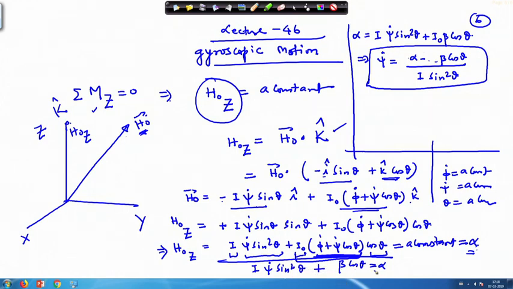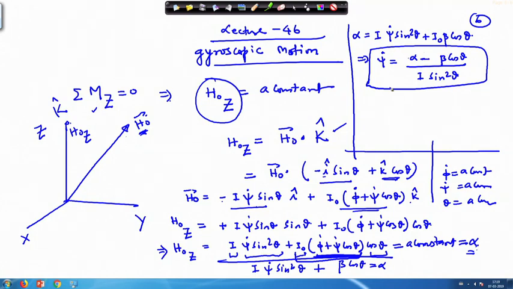Okay. So, thereby we do a little simplification here, otherwise even if you put beta equal to just phi dot plus psi dot cos theta, it does not matter, ultimately your result will be the same, only the simplification results by assuming like this. Okay. So, next we have, okay, so this is one way of doing.